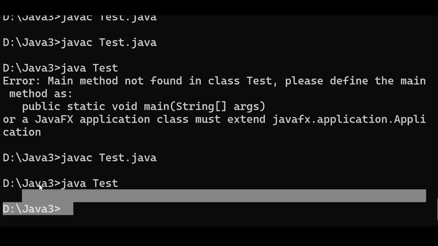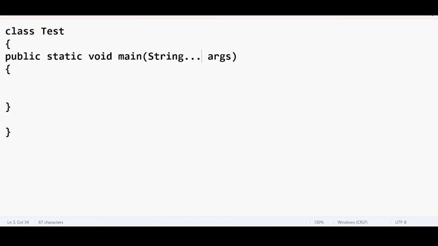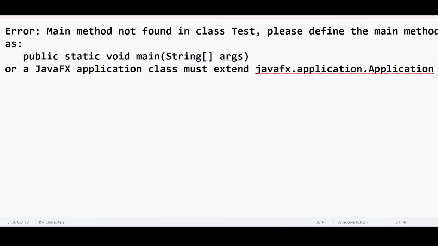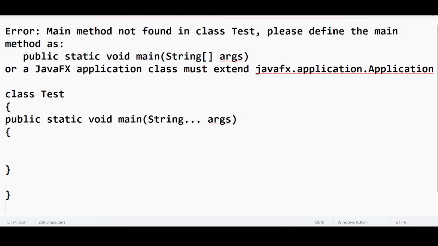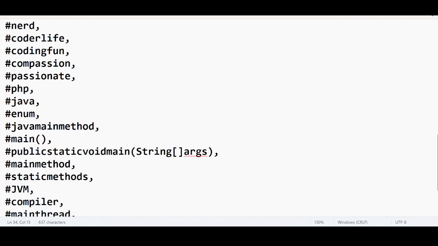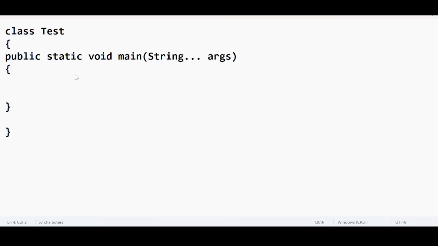Okay, this is absolutely valid. There is no issue. You can give an array or you can give varargs. Both are going to accept the variable input from the command line. So this is also valid. Next case. Now in this case, if I use final,